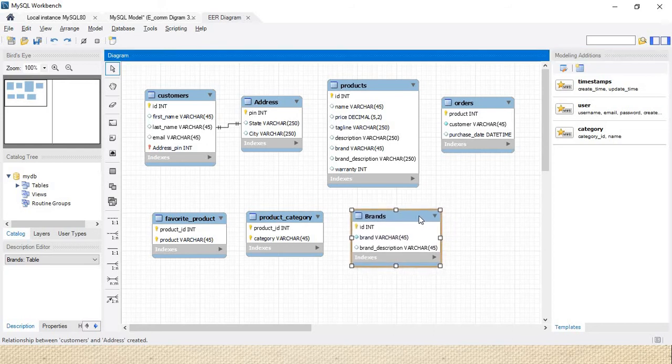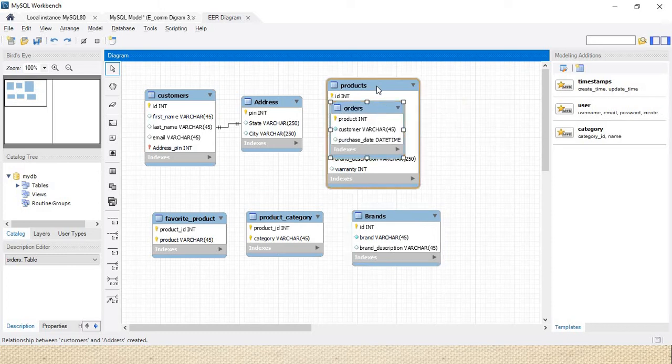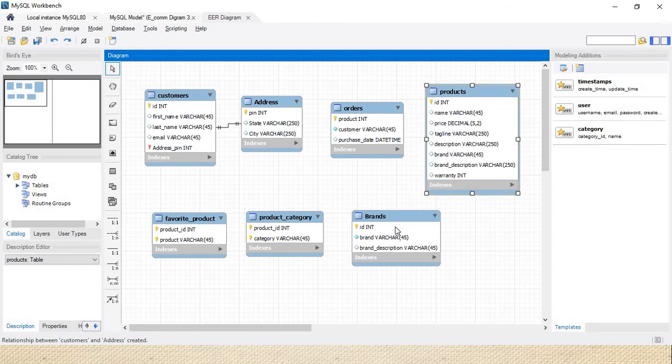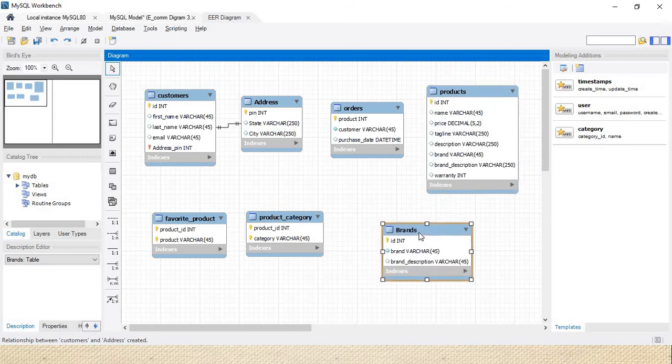Now we need to perform the one to many relationship. In that section, I will perform the many to one relationship, or one to many, but it depends on you. We can say that the brand has multiple products, which is absolutely true, or we can say that a particular product has one brand.